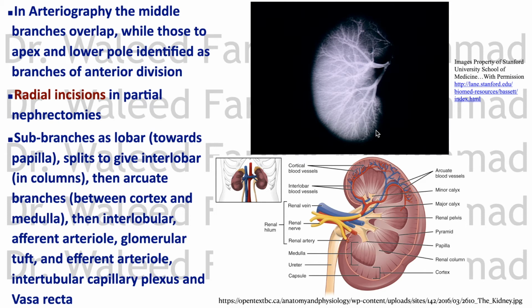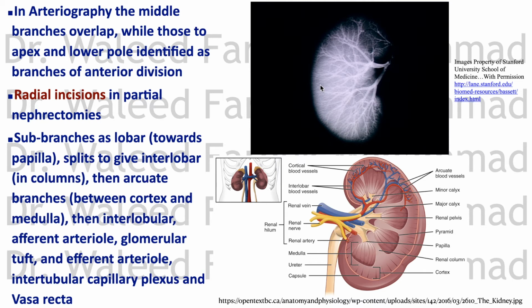See, and this is what you will be asked about. You'll never be asked about branches in the middle because they are superimposed on each other, the anterior on the posterior, because this is a 2-dimensional picture or photograph of the